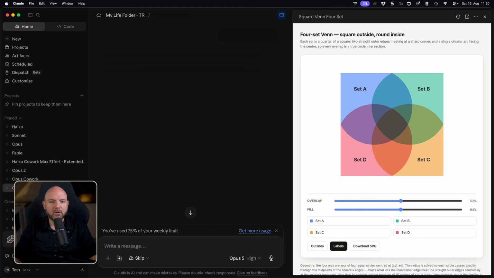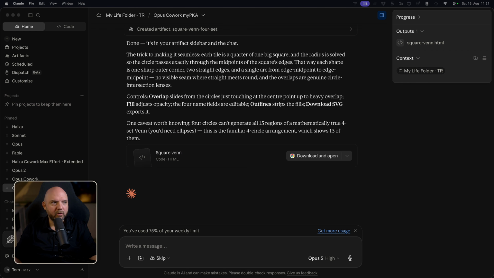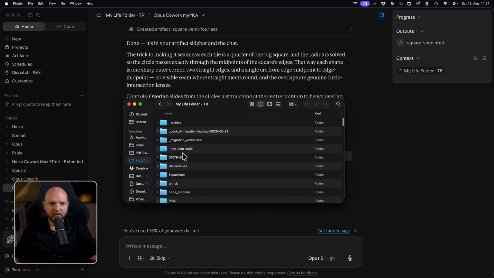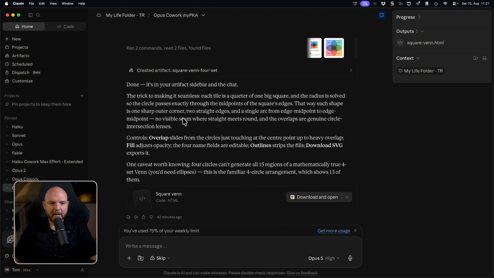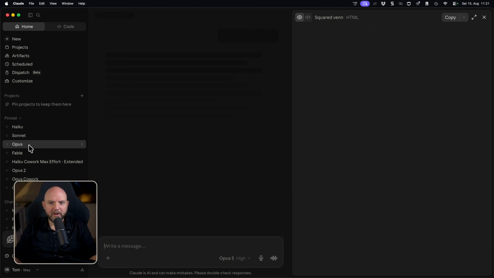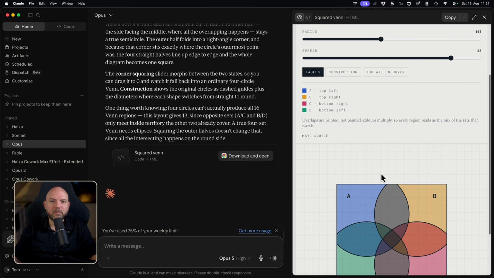And now we are here in Cowork, where I have my folder attached, all right? So here I had the folder attached, but it seems it's not the case. No, it picked up my folder, which is this one. And this is my personal folder. See all these agents and all this. And again, I was very vague when it came to this, and this is what came out. And this looks very similar to the very first version that we got here. See? So you cannot really say that the folder made any difference because there was no context needed.